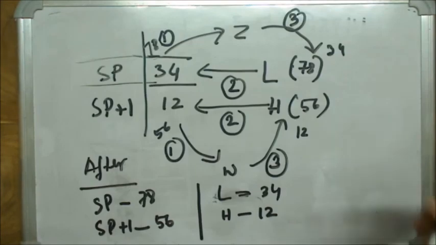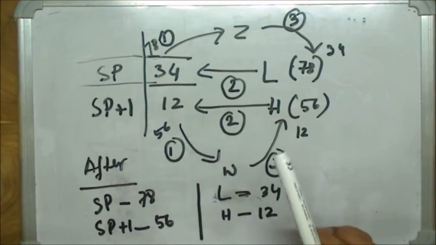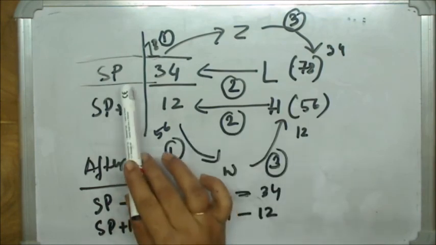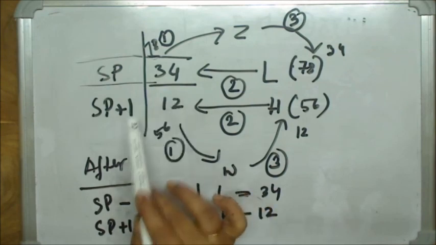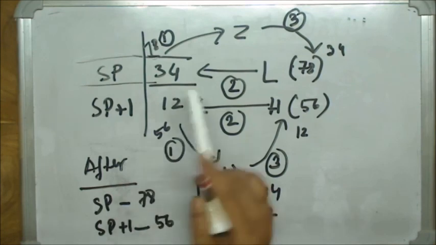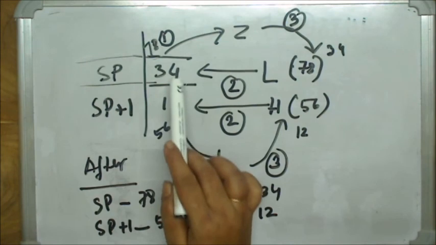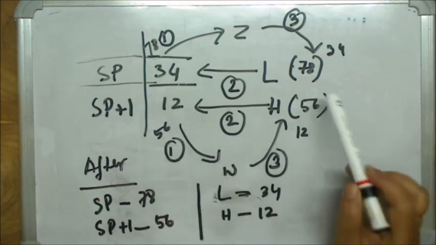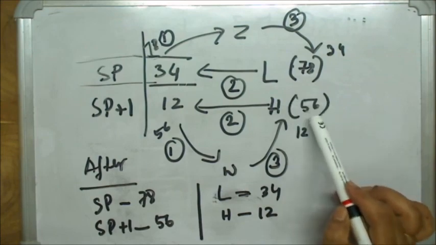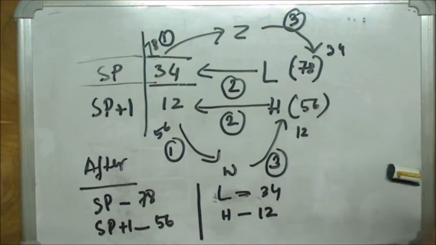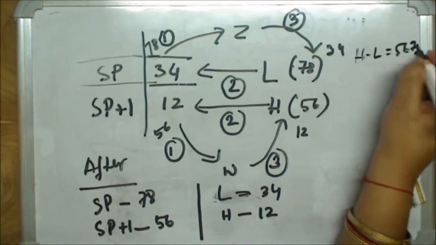Now see in this diagram, so that you can understand better, I have drawn this diagram. What does this mean? Top of stack and the next address, data of the next address of the stack pointer. So this is the first element, the top of stack element. Suppose I have taken random data. Suppose I have initialized the HL pair with data 5, 6, 7, 8.